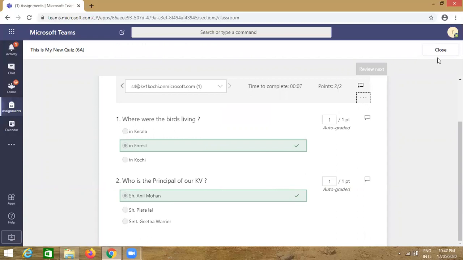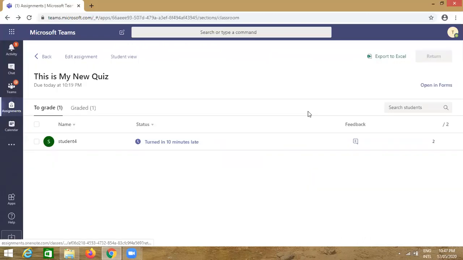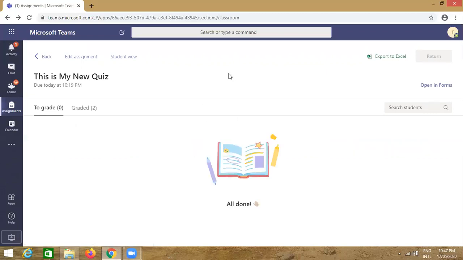So click on close. Here you will find that all the students' assignments have been reviewed, and when this is done you will find in the graded 2. It means there were 2 students and the assignment of both the students has been reviewed.